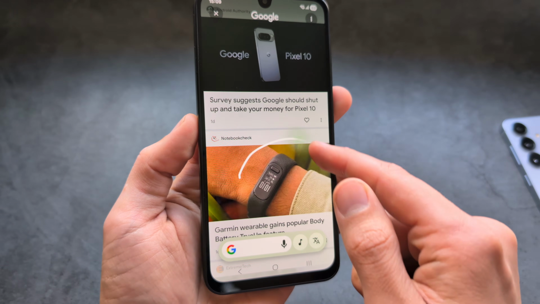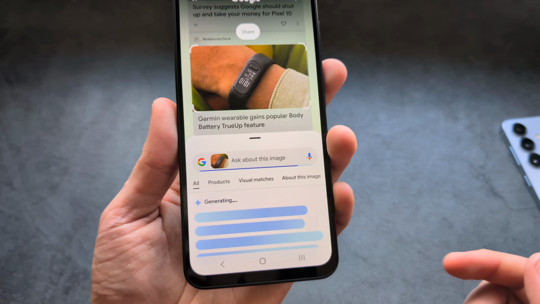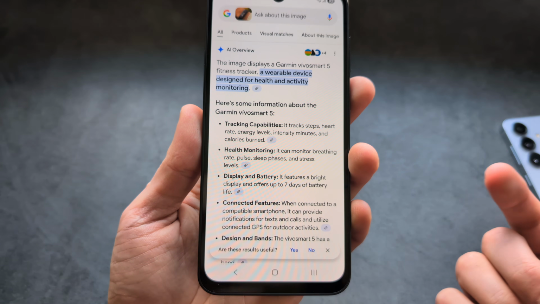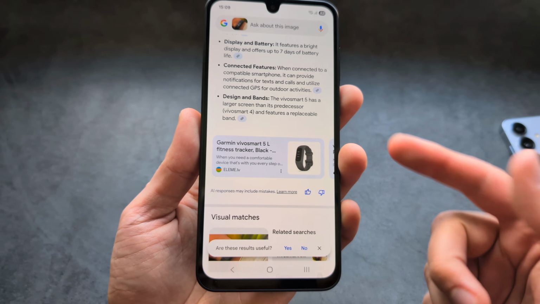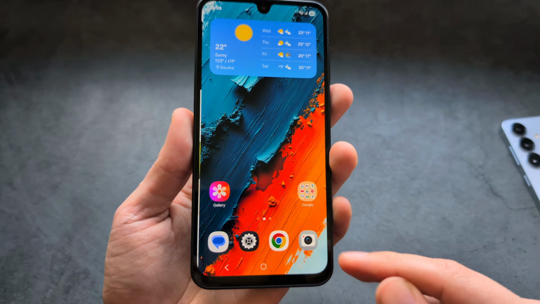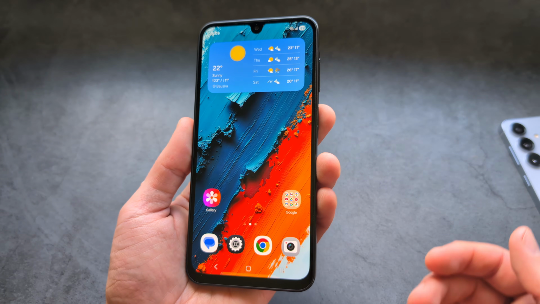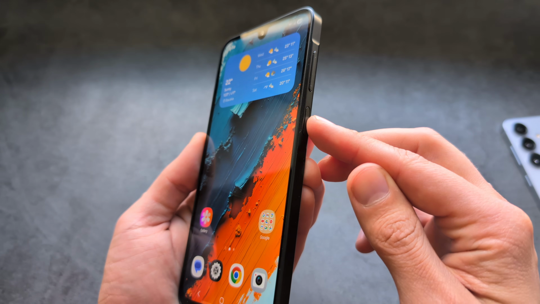Then you see I can use Circle to Search, for example, literally draw around any object, and the AI essentially will research that object and give you everything you need to know about it. And again, this can be used in any website or pretty much anywhere. And also we get a full-blown Gemini as well, so the full version actually on this phone. So if I press and hold this side button for a few seconds,